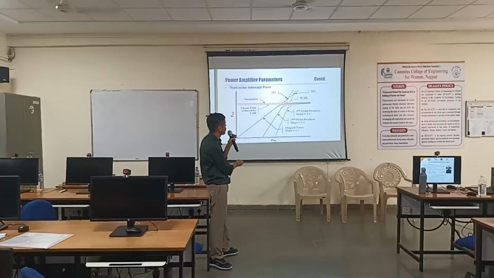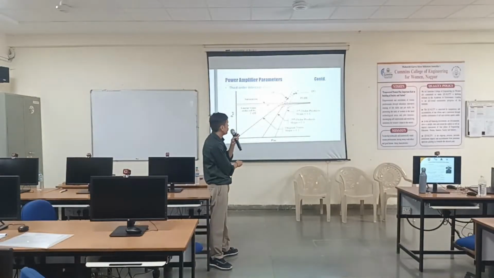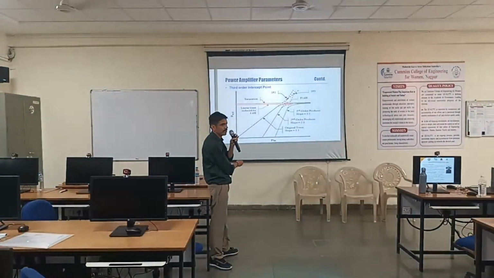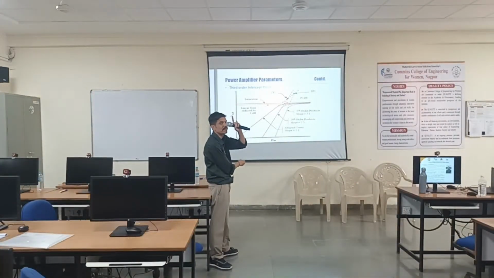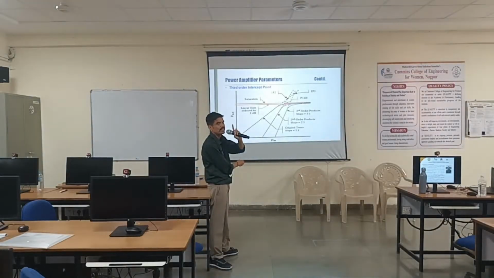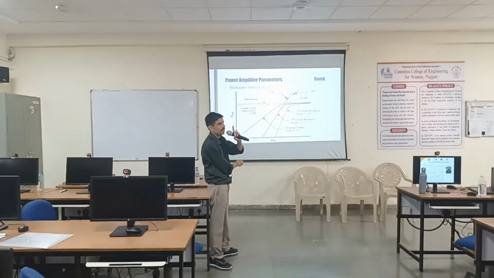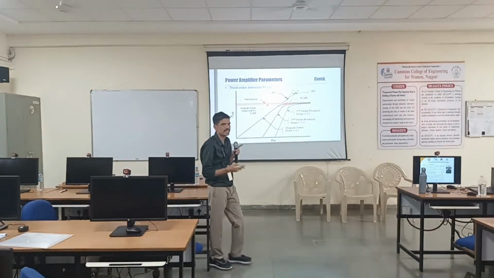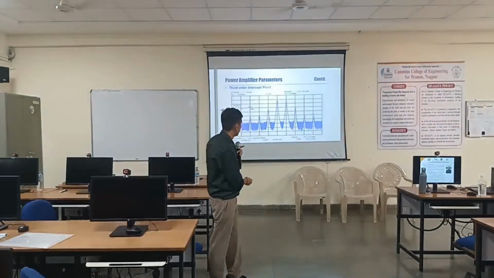This is the 1 dB compression. 1 dB compression means you are expecting, let us say, 15 dB output, but you are getting 14 dB. Means your output is compressed by 1 dB. That point is the P1 dB compression. But we operate all PAs in 3 dB compression. So here we operate them in non-linearity. This is the background to tell you about the gain concept.